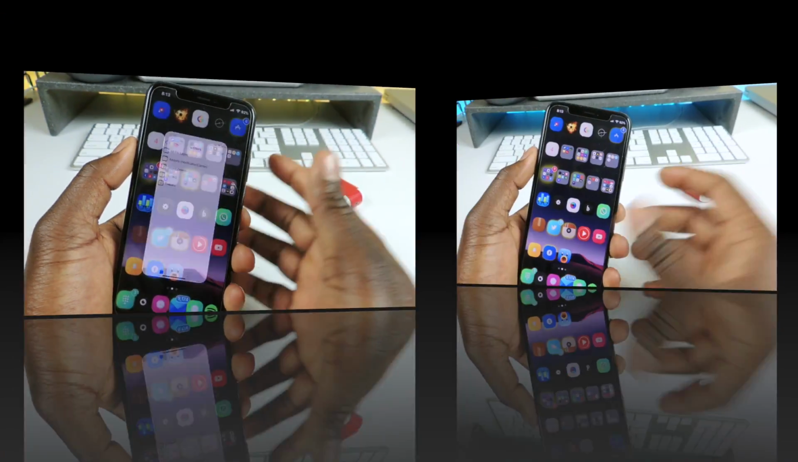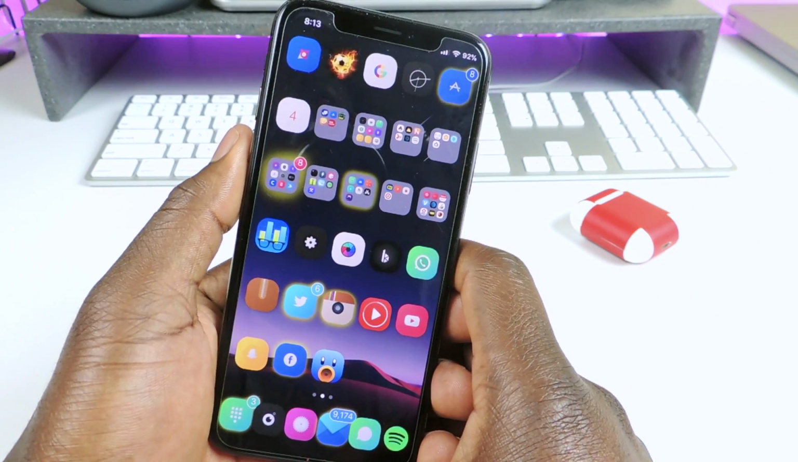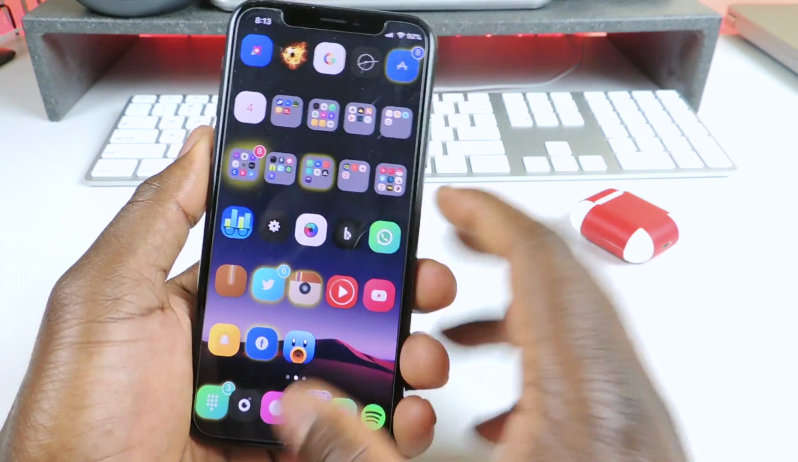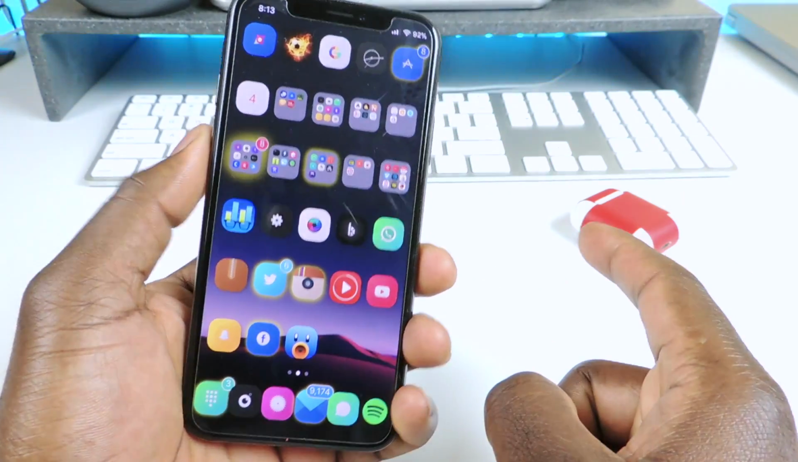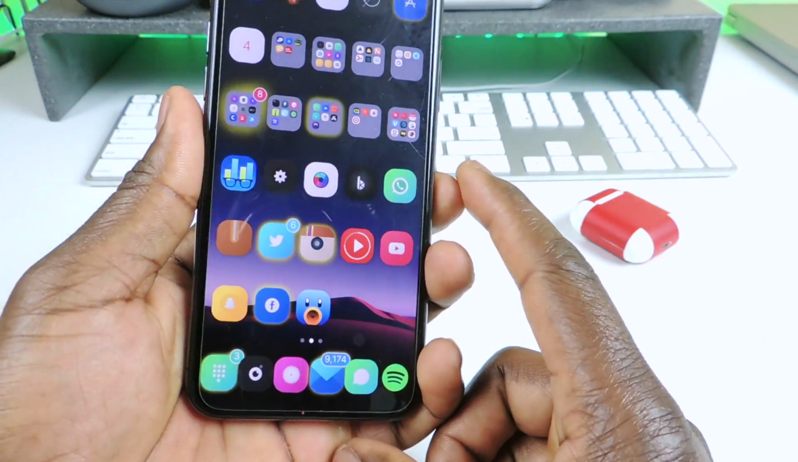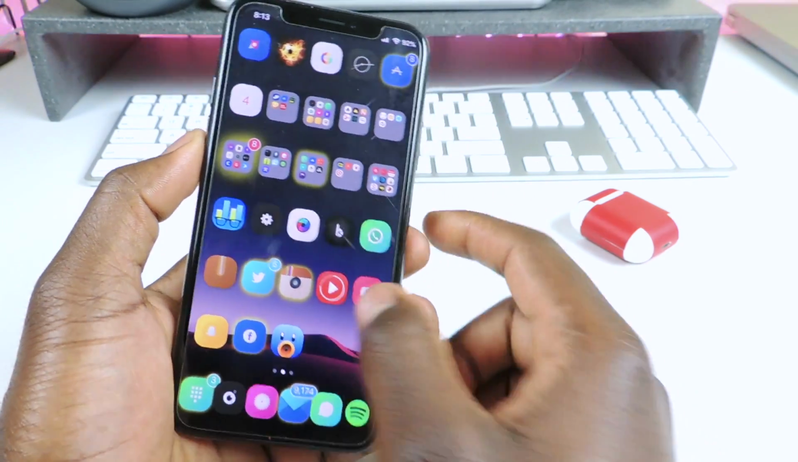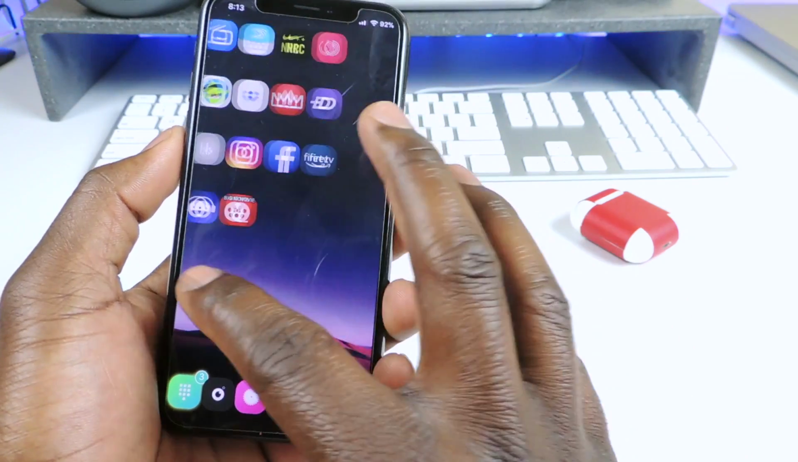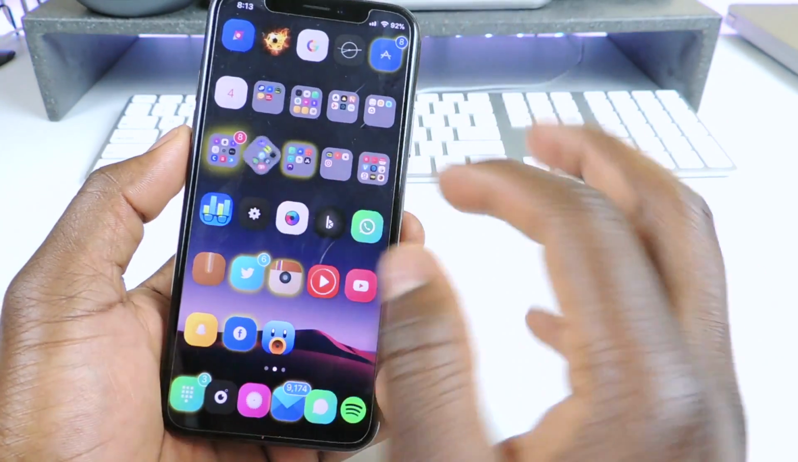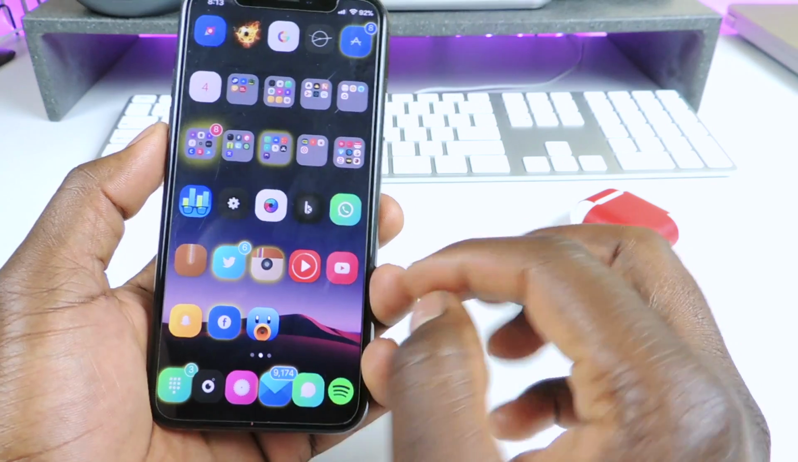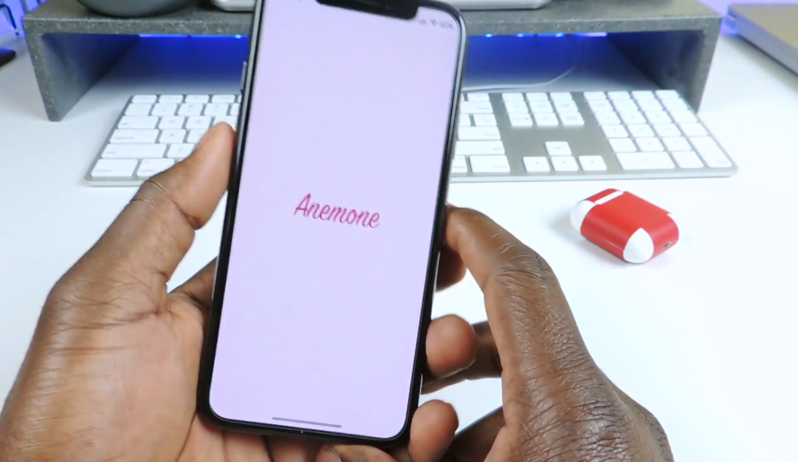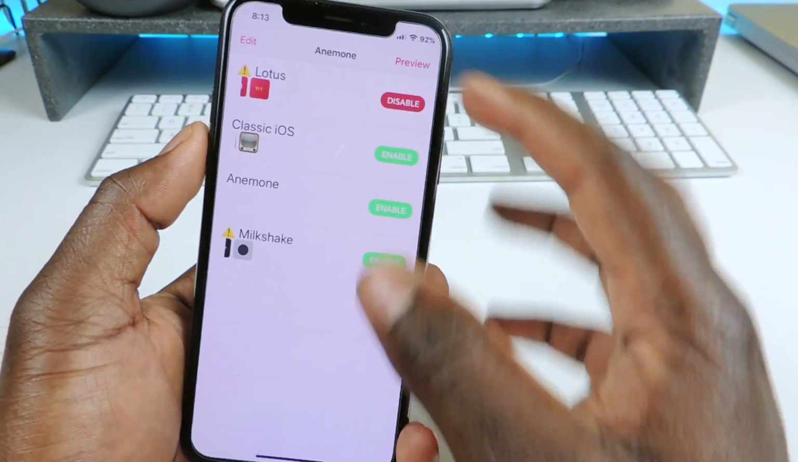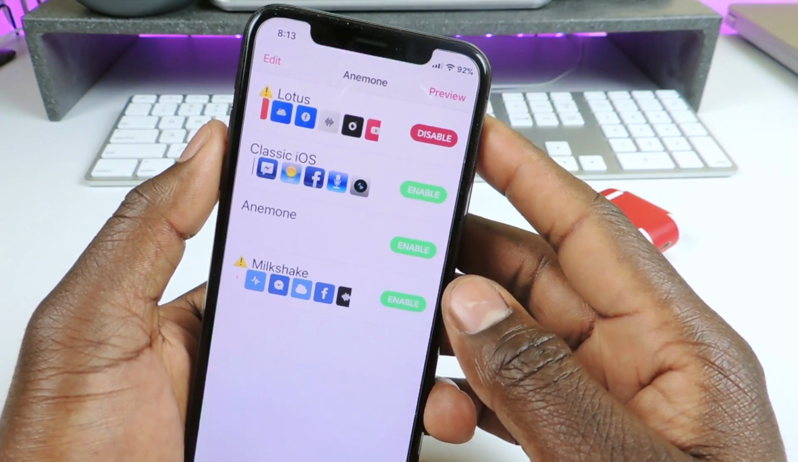So let's head back out. The first one I want to show you guys is called Anemone. Anemone is a theming platform like Winterboard, but better. So you see this theme that I have on my phone right now? That's done with Anemone. And where is it at? Where the hell is it? Oh, here it is. So you open it up, and the theme that I'm using is called Lotus, and you